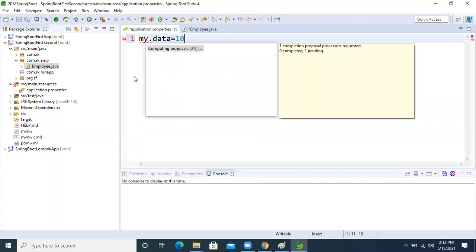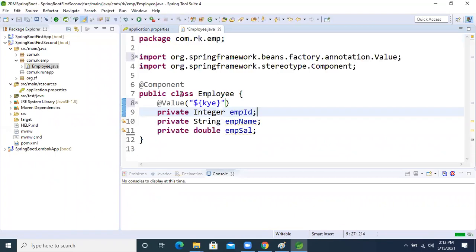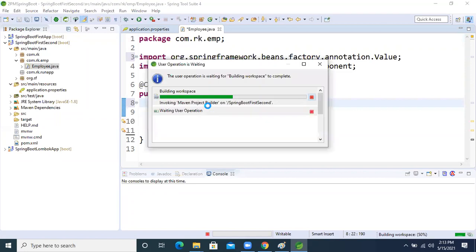To read this data, what do we need? This is the key and this is the value, right? To read these, we need to put here that key only, and then we can read it. But just think about this, guys. What will happen now if in our class there are multiple